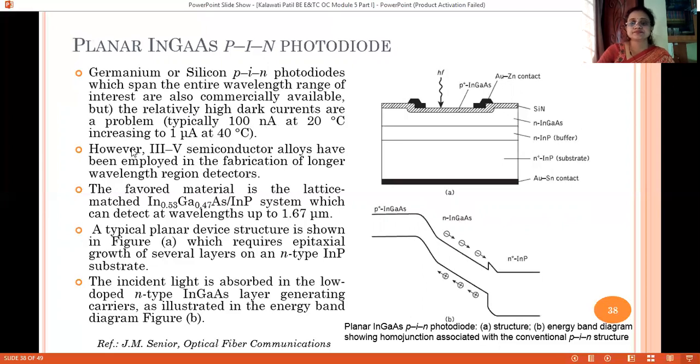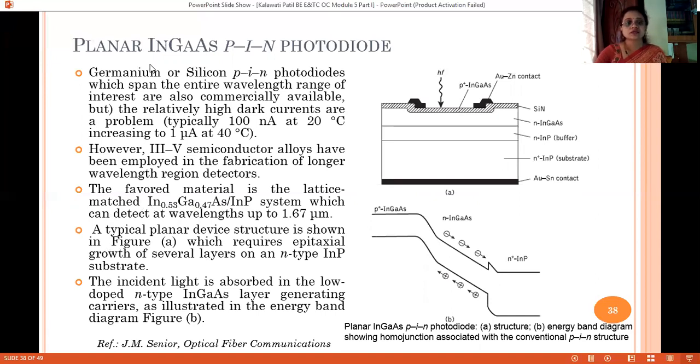So people further modified this photodiode by introducing combinations or alloys of materials from groups 3 and 5. This is one example wherein they use materials such as indium gallium arsenide in this proportion and form an alloy, and they created this detector, wherein they observed that the operating wavelength can now reach up to 1.67 micrometer.